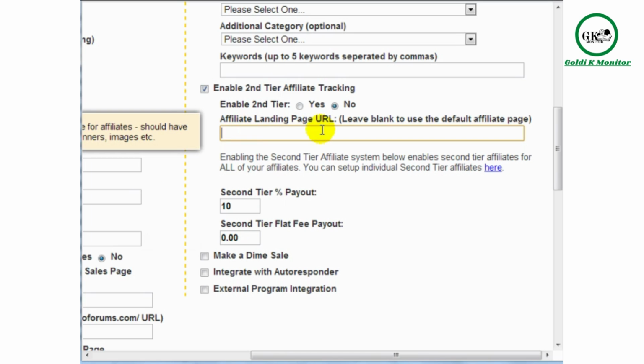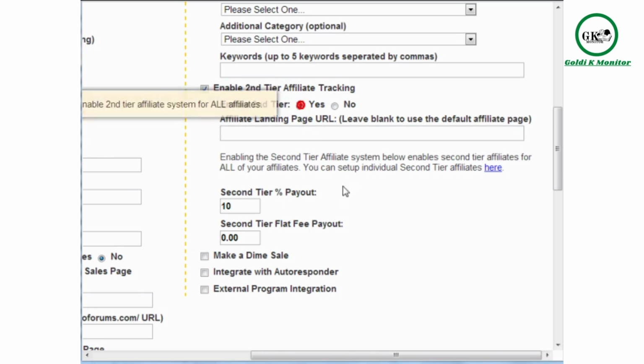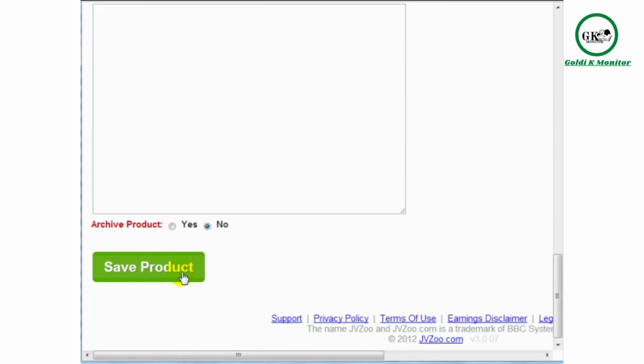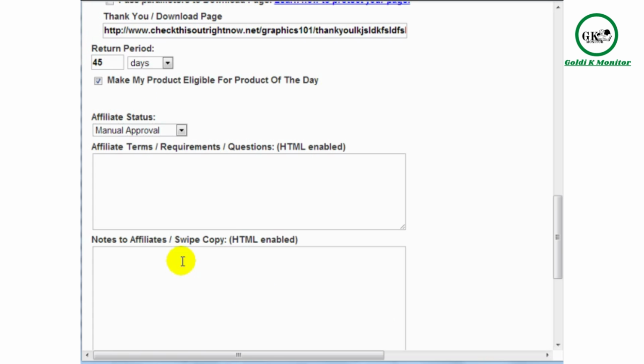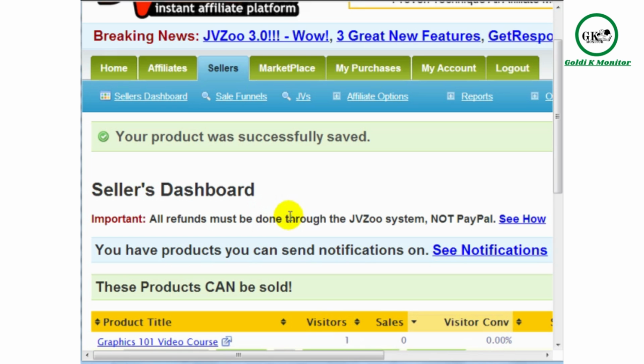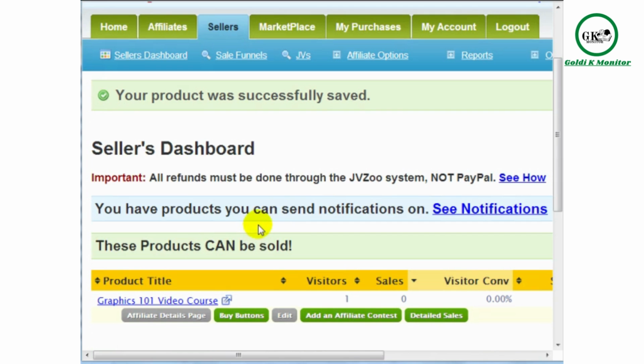So you can enter your affiliate landing page URL, you can enable second tier here, and you would just need to click on save product. In this case, we're going to leave it as it is and simply click on save product. And if we go back to the seller's page here, the product page, you can actually see the affiliate details page. So if you click on here,